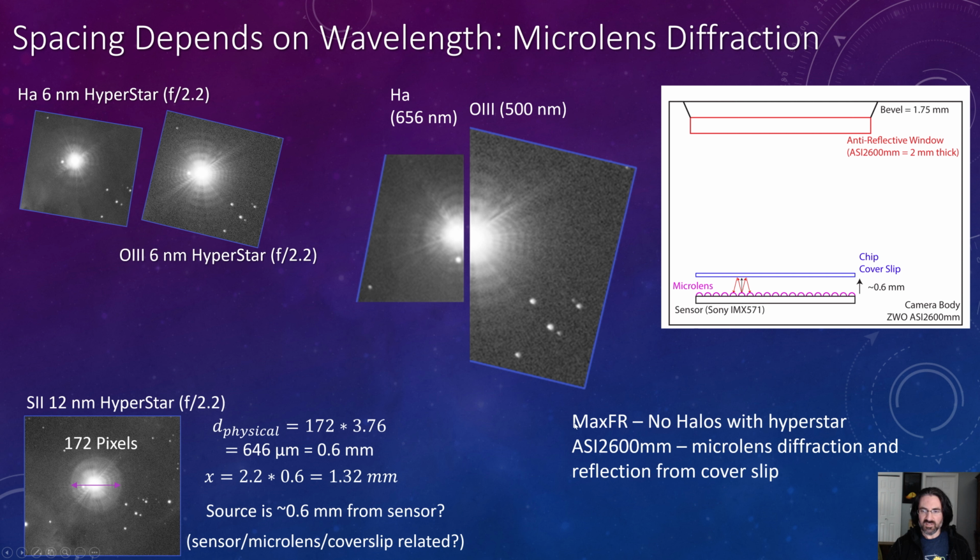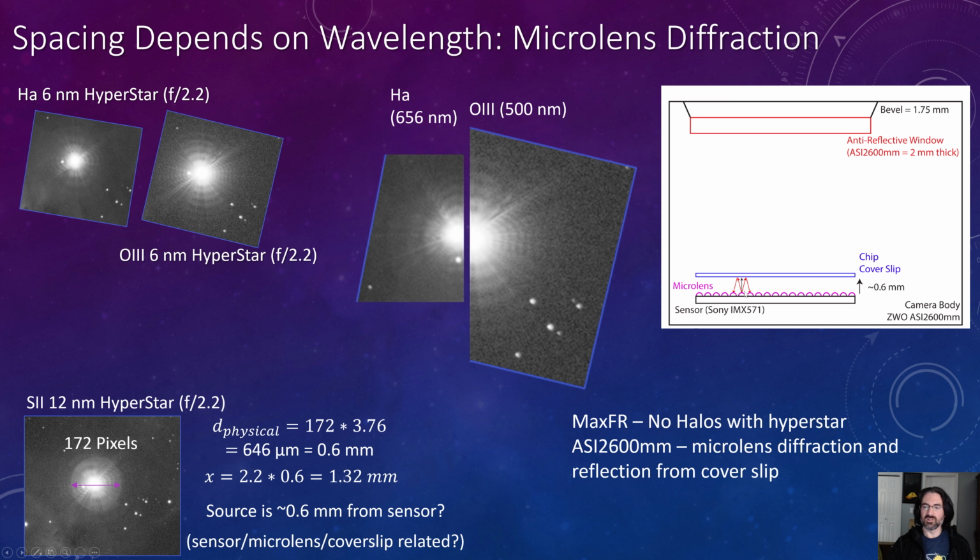And it turns out, if you go back and look up how many of the Sony sensors are made, you have your microlens array, and they put a protective chip cover slip over the system to protect all the microlenses and sensors. And that cover slip tends to be about 0.6 millimeters away from the microarray. So all of this is lining up that what we're probably seeing in all of these cases is a reflection that's